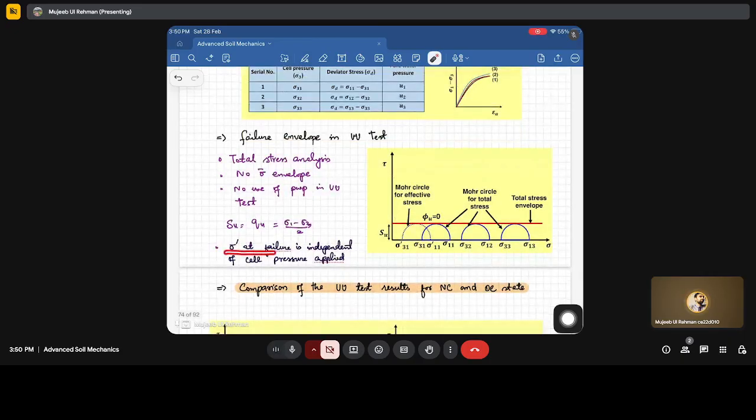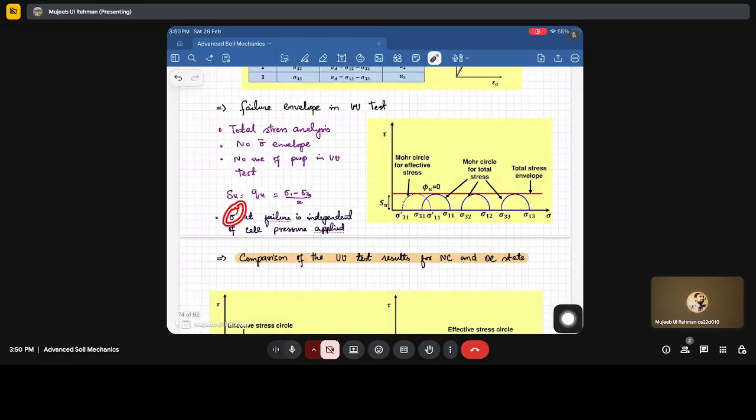And the deviatoric stress at failure is independent of the cell pressure applied. It means the deviatoric stress is independent of the cell pressure or confining stress that we are applying, because whatever cell pressure we apply, it's not actually changing the internal structure